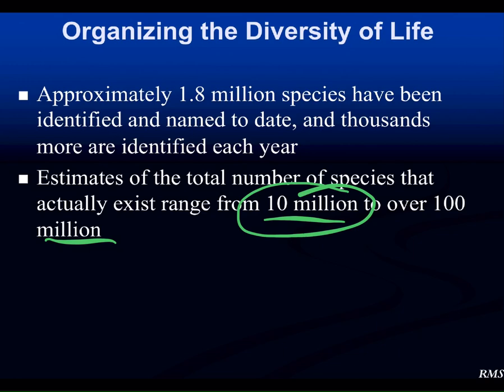That means there's still 8 to 10 million more species on our planet that are left to be discovered. And that's amazing to think about because there's a lot of unknowns out there. And when you look at this idea, there's kind of a downside to it also. You guys realize that there's also species going extinct all the time, which means there's species going extinct that we don't even know are here in the first place.